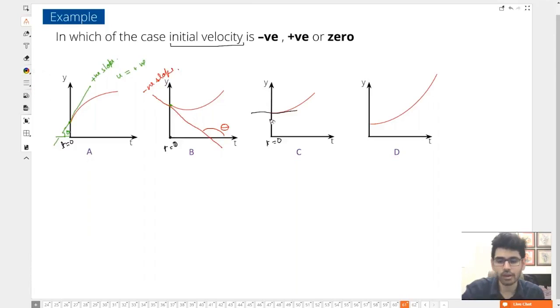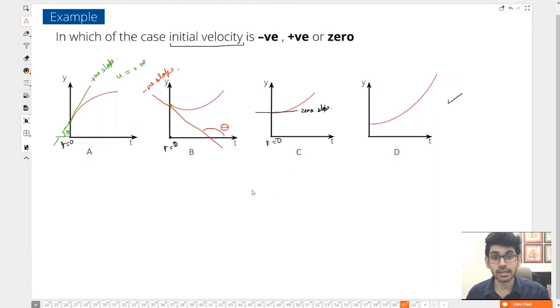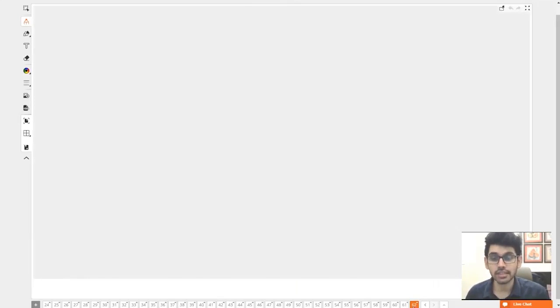Again here, now this is a good one. There is no slope at all. Angle made is 0. So this is 0 slope. It's flat, right? 0 slope. Draw the tangent at t is equal to 0. So yes, perfect. This is the same thing. D option is the same thing. Yes. Great visualization. That's how you can crack problems in a jiffy. Now let's have a look. So this is the formal solution for the same thing.